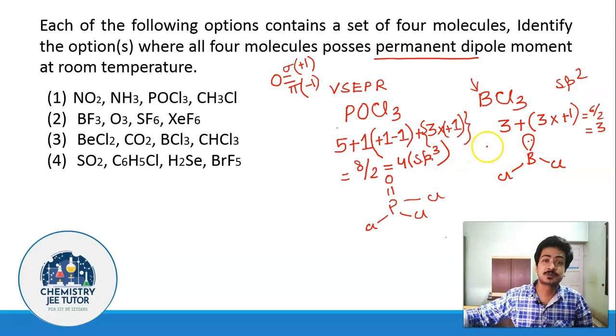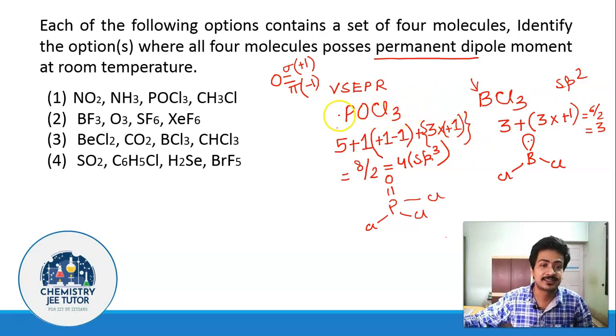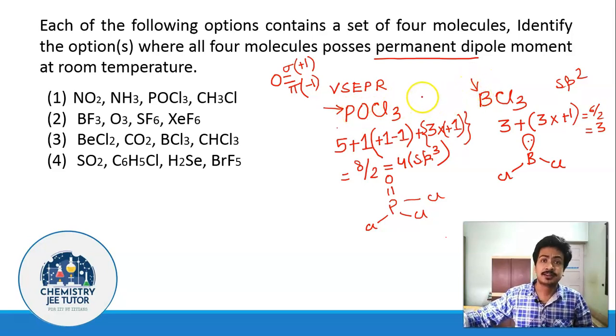So one of the major questions you have while getting structures from VSEPR is which one is to be selected as the central atom. Remember one rule, and that is going to be helpful in most of the cases. We are going to consider the atom which is the most electropositive one as our central atom. In this case, phosphorus is the most electropositive one among these 3, so we have considered phosphorus. In this case, that's why we have considered boron. There are exceptions as well. Let us look into them.